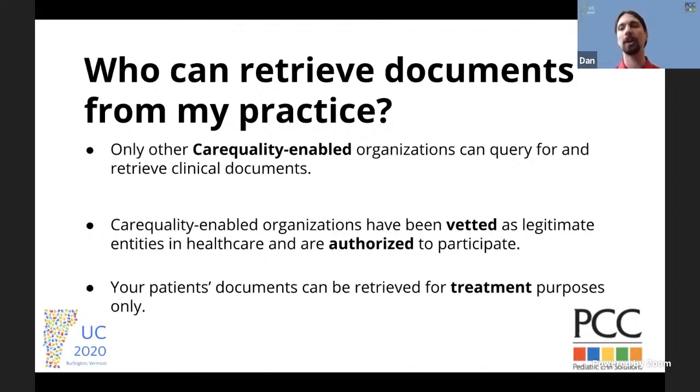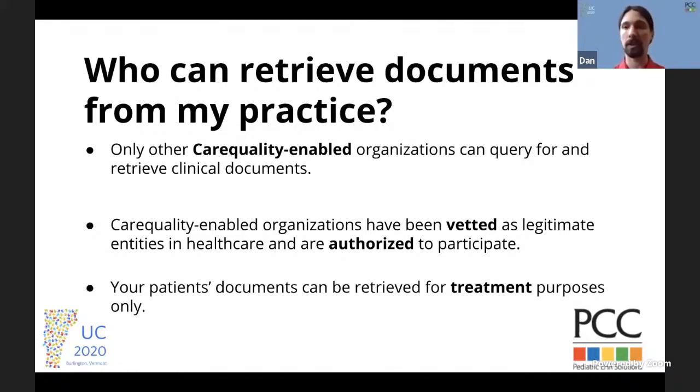That means a healthcare organization that has gone through the vetting process to become a part of the Carequality network. The vetting process is pretty intense. You have to have multiple references stating that you are who you say you are and that you are a legitimate healthcare organization. And then finally,